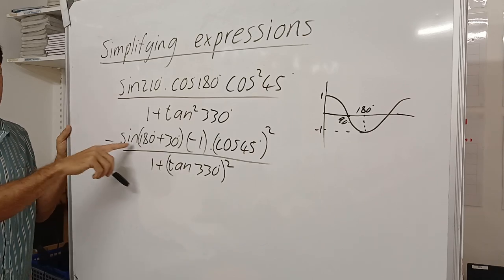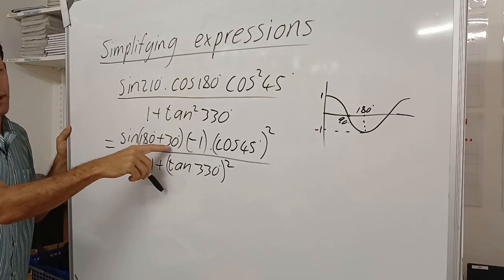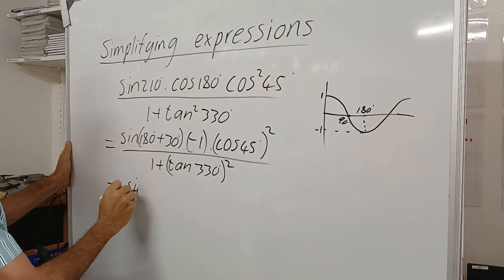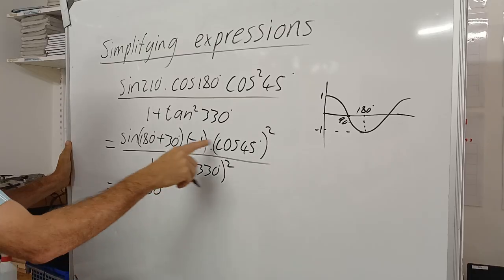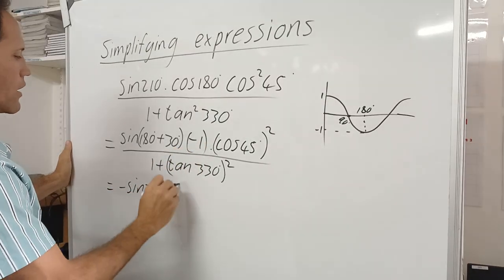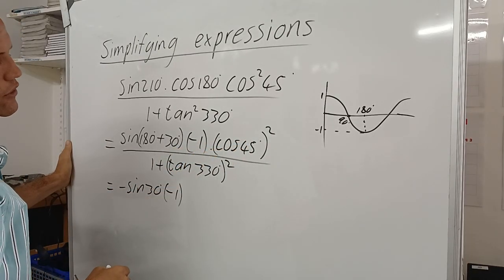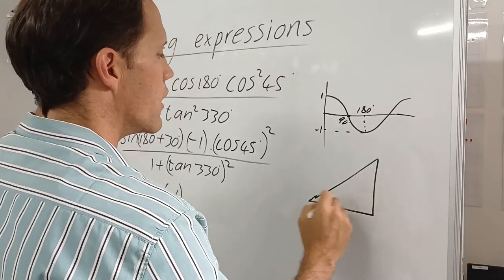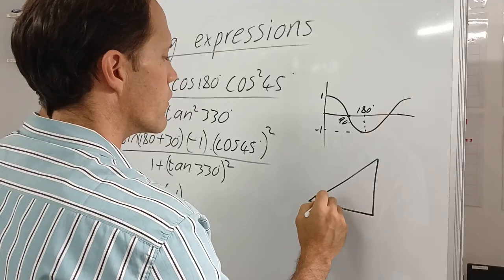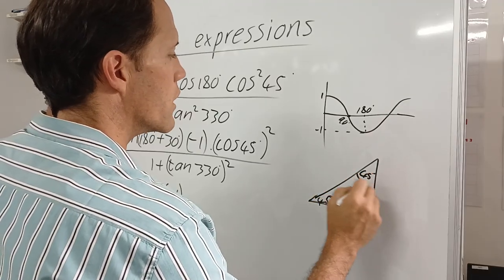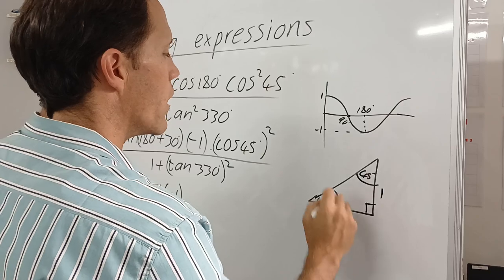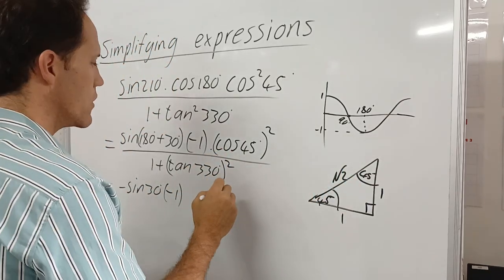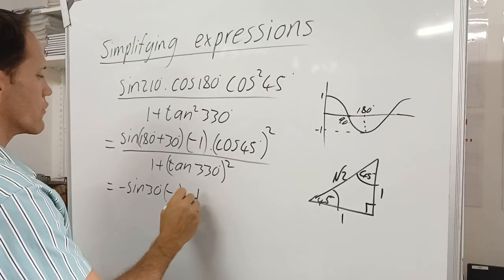Now we can look at sine third quadrant. 180 plus theta, third quadrant becomes negative sine 30. So we're going to have negative sine 30. And then -1, we can just leave it there for now. And then cos 45, we can say that is from the special triangle. 45 over here, 45 over there, and then 1, 1, square root of 2. So obviously cos 45 is adjacent over hypotenuse, is 1 over square root of 2